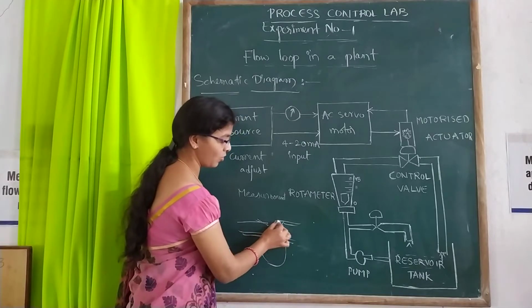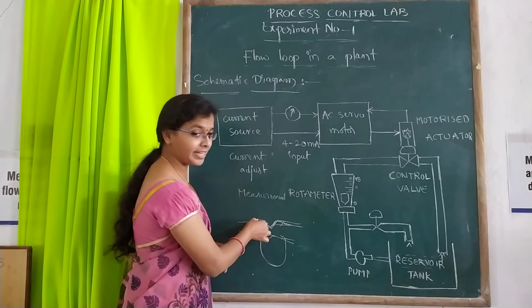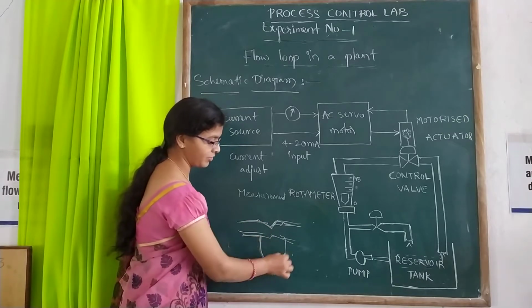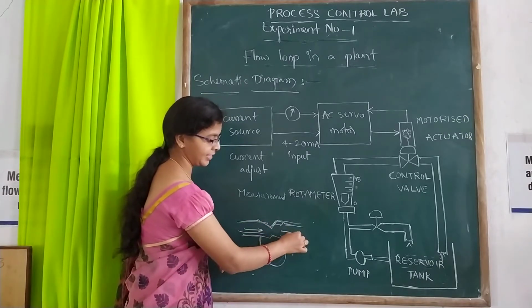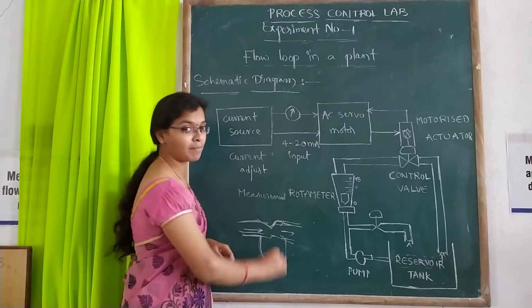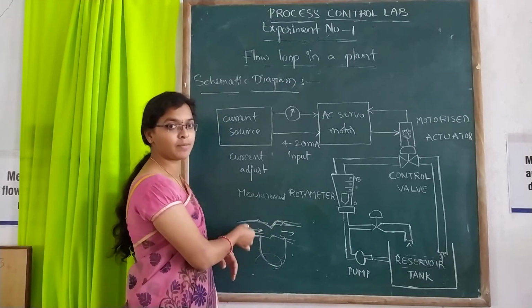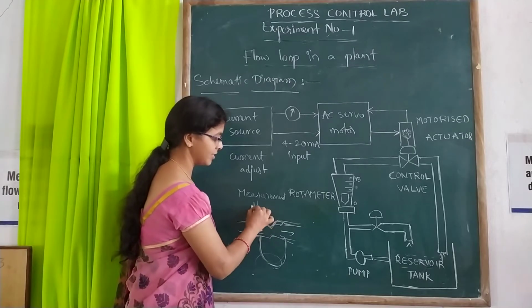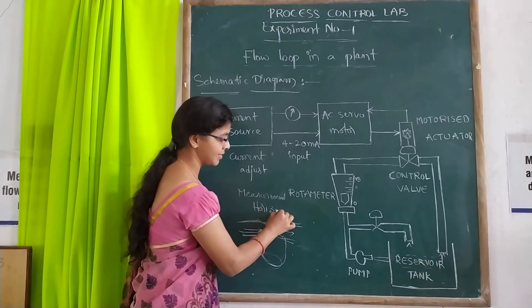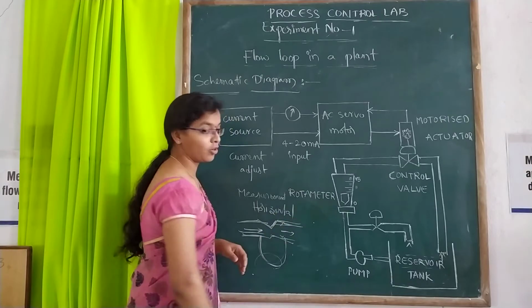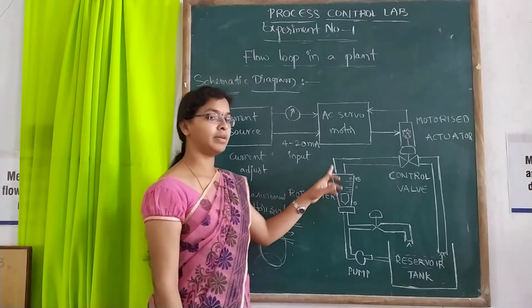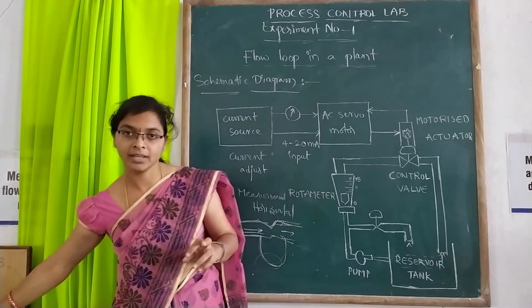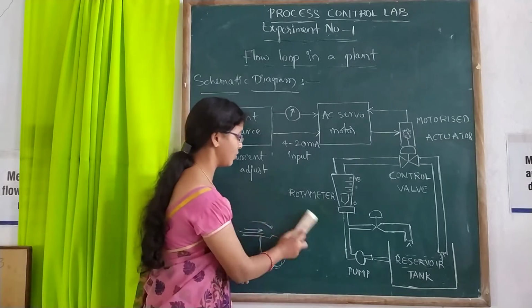By reducing the area, the pressure changes here and here, and that will be measured in the manometer. This is the basic principle of a flow measurement device, mainly applicable for horizontal flow. In the same way, for vertical flow measurement, the one and only device is the rotameter.